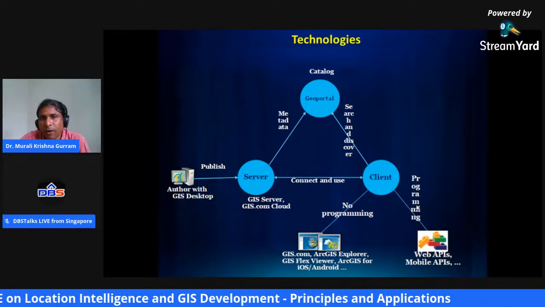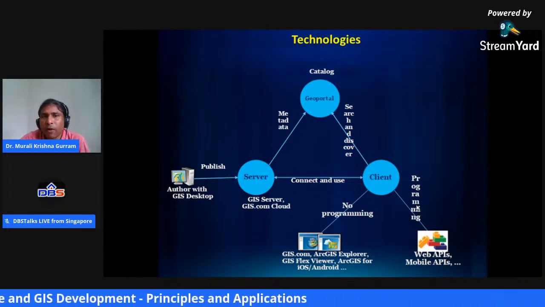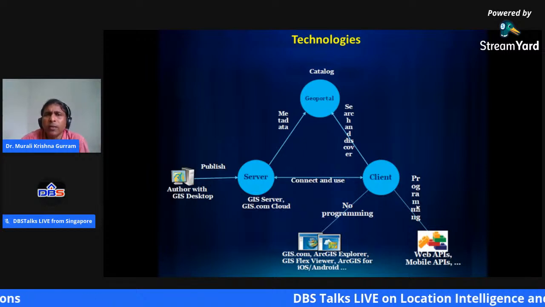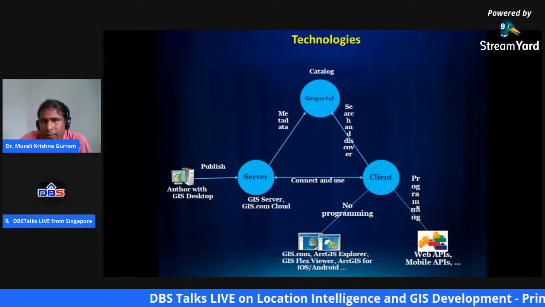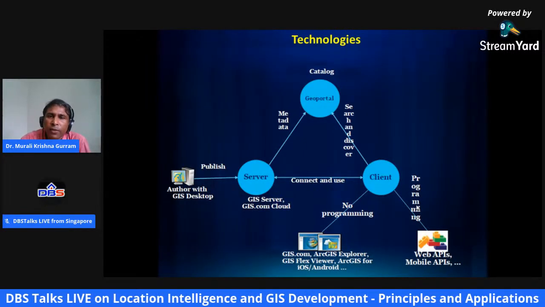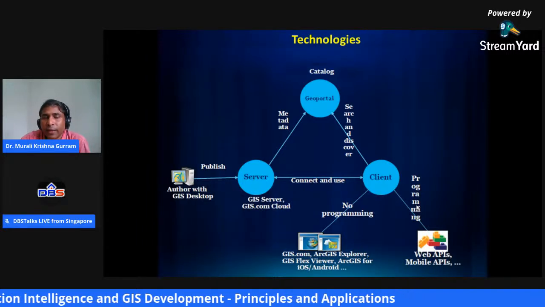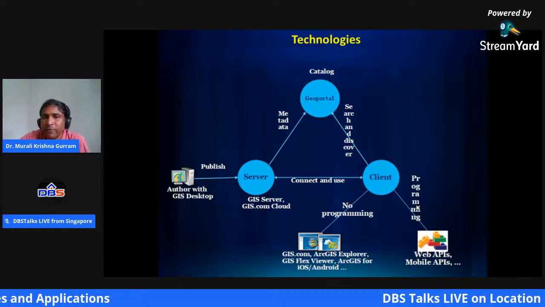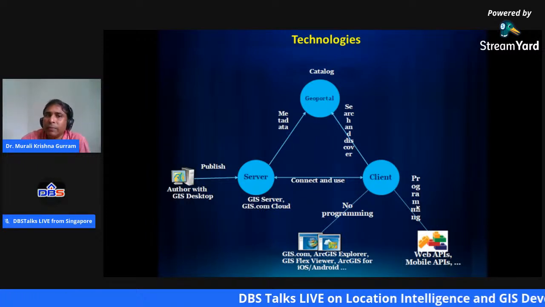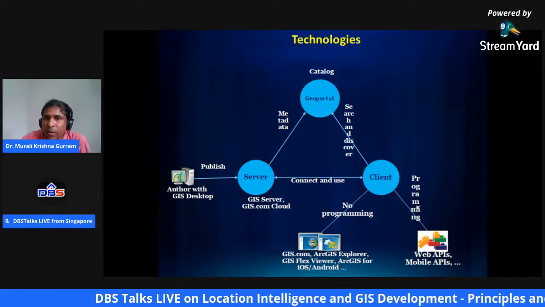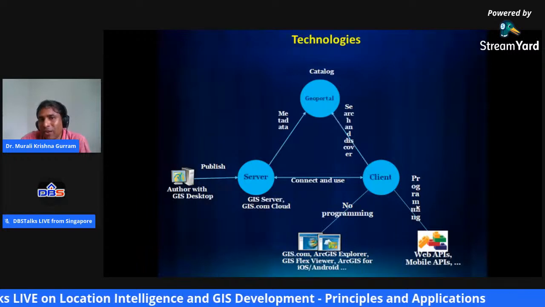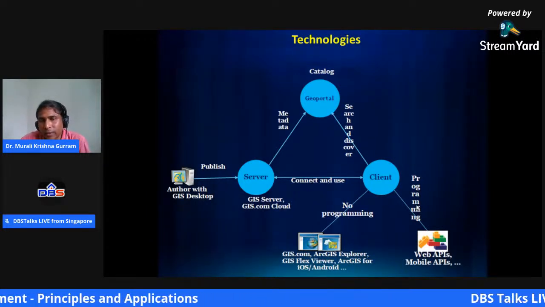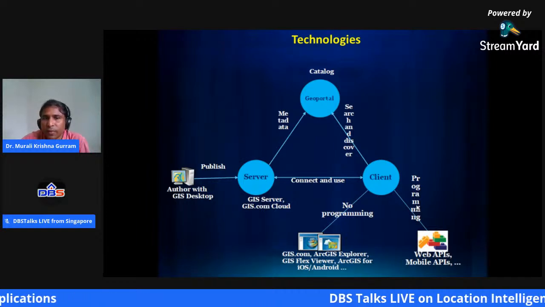Yes, there are a lot of technologies being evolved. We are talking about protocols, standards, all these. You have the catalog services on one hand, and services for creating and sharing on the other hand. You have the database services, and you have the server side technologies, and on the other hand you have the client side technologies. So this is a universe of different technologies. Next slide, please.